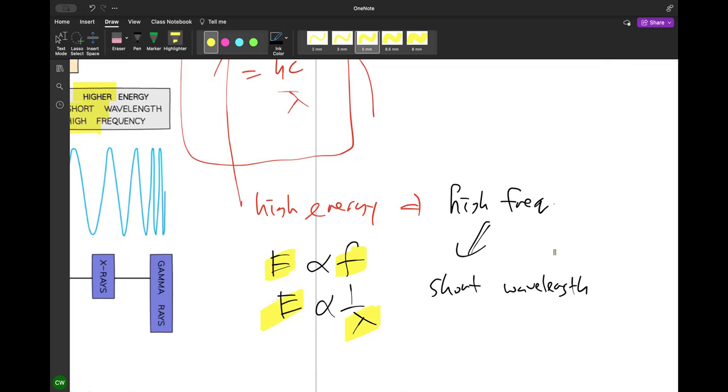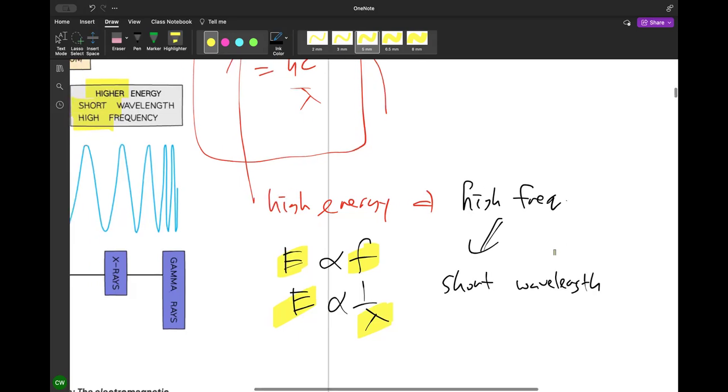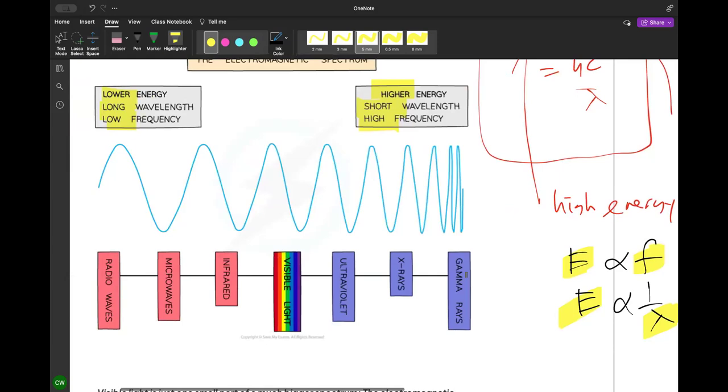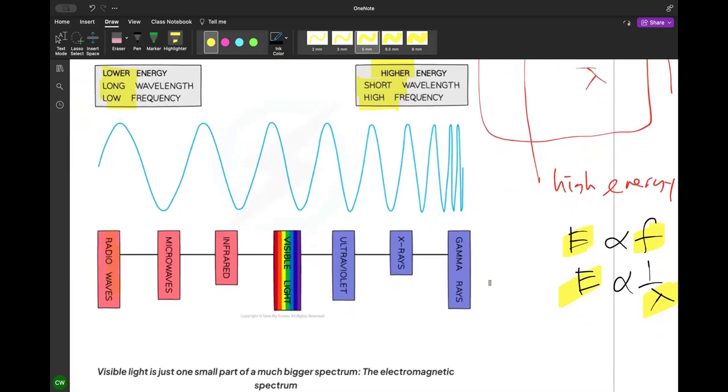Okay, so which one has the highest energy among all? Jaden, which one has the highest one? Radio wave has the highest energy, are you sure? Think again. Maggie, which one has the highest? 哪一个能量最高？什么名字？What is the name? How do you pronounce this? 这叫什么？What do you call this? Gamma ray, gamma ray. Okay, gamma ray has the highest one.